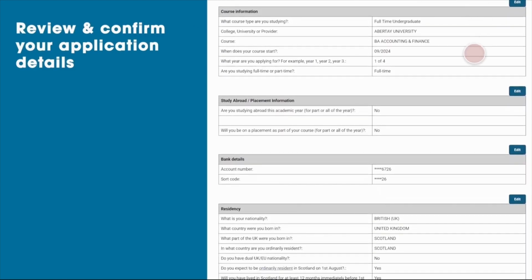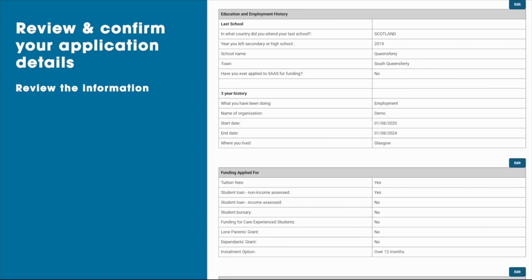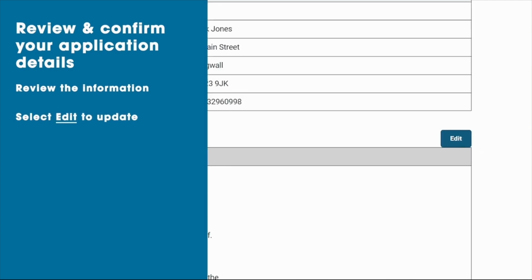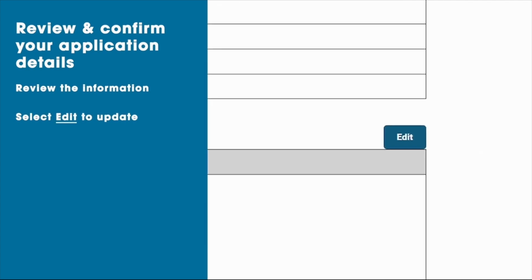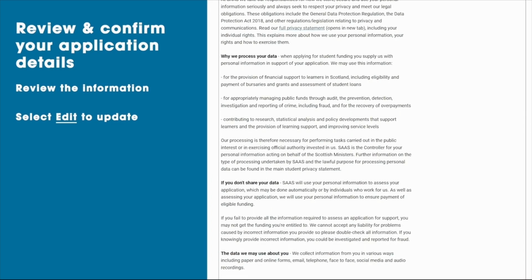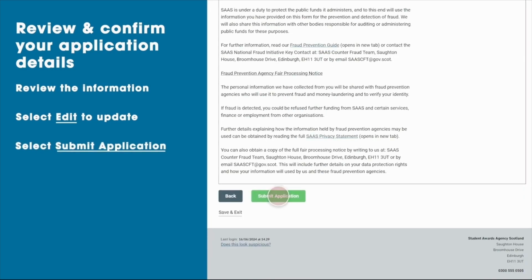This section gives a summary of all the details you have entered for your application. Please carefully review all the information on this page. If you need to make changes to any of the details, please select Edit above the section you wish to update. Once you are happy that all of the information on this page is correct, select Submit Application